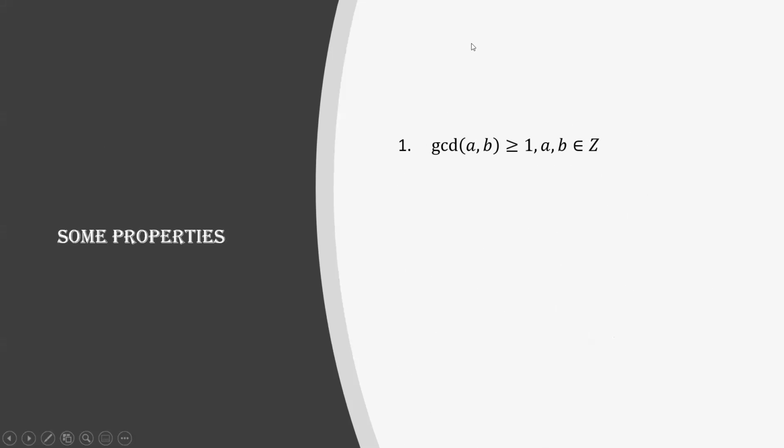But otherwise, what will happen? GCD will not remain fixed. You understand? Because see, if GCD of -2 and 4 is equal to -2, then we can also say that GCD of 2 and 4 is -2. Why? Can somebody tell why? Let me tell why. GCD of 2 and 4 is nothing but GCD of -2 and 4.